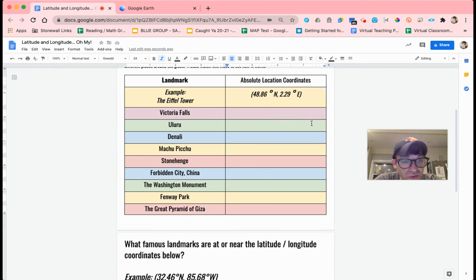Oh, my body temperature, 99.8 degrees Fahrenheit, right? But degree is just another word for measurement. You see that in math. But look, right here, I just wrote down the absolute location, more or less, of the Eiffel Tower. Okay, as long as you're close, it's fine, right? Okay, well,